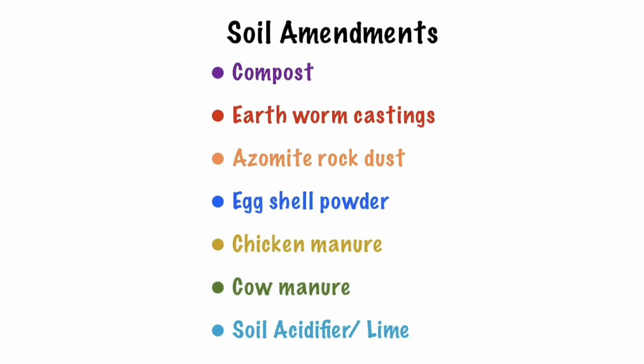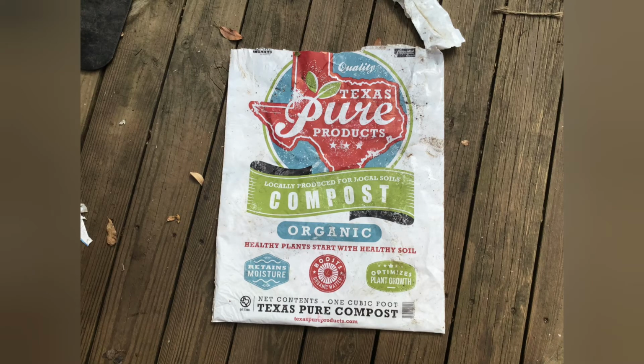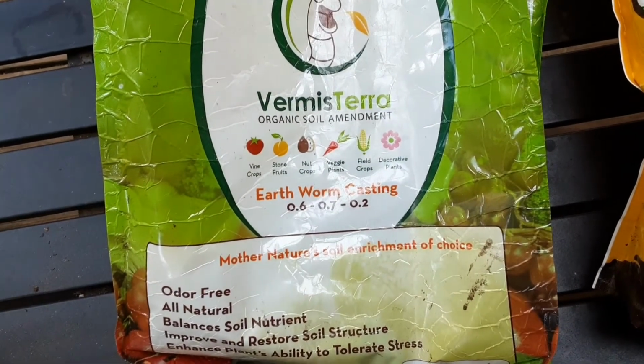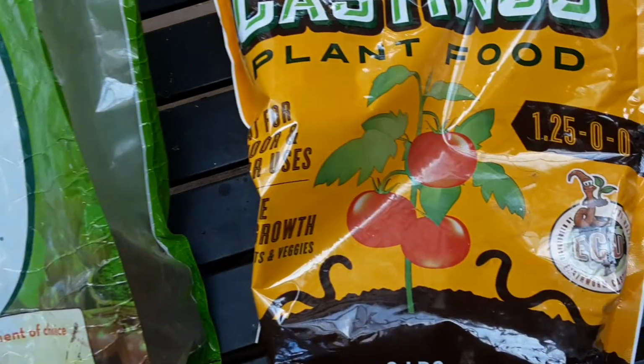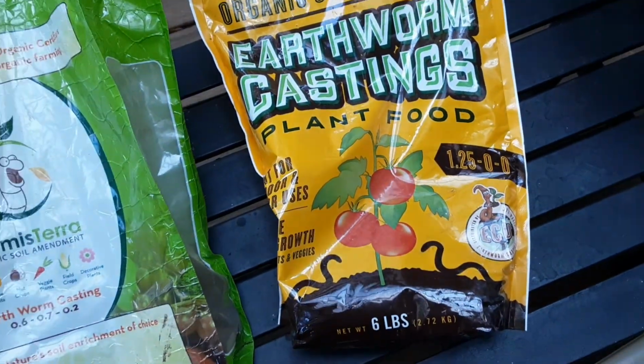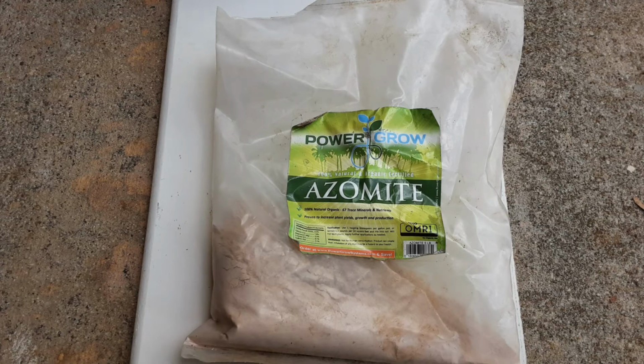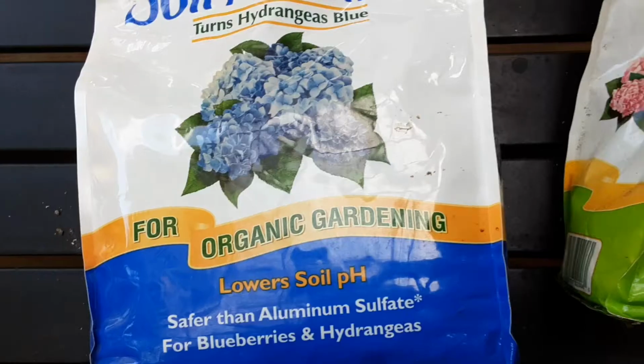I personally would like to use less of fertilizers and more of soil amendments to improve the soil quality. Some of my friends do not like to use some animal-based products, and so for them, some of these options are excellent, like compost. If you can compost your kitchen waste, nothing like it. You can also use earthworm castings, especially when your seedlings are tiny, and they give exceptional results. Here are some of the products that I have used and I have found them to be good. Azomite rock dust is also exceptionally good for adding trace minerals to your soil. I use them sometimes in between.